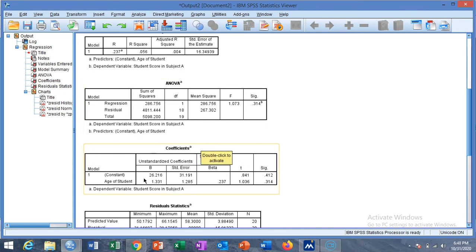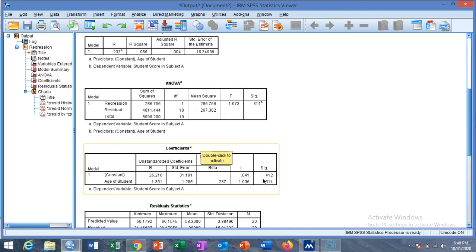And the coefficients beta naught and beta 1: this is the intercept and this is the coefficient of age of student, and this is the standard error of beta naught, and this is the standard error of beta 1, and this is the standardized beta, and this is the t value and the p value.